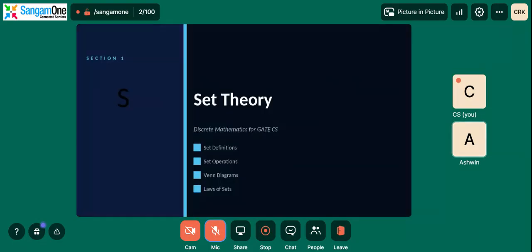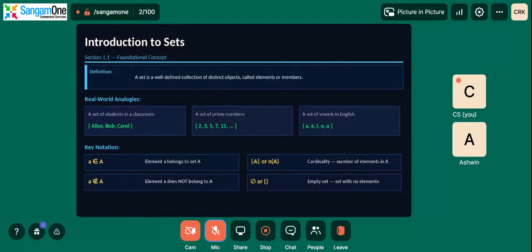So let's start with set theory. So what is a set? A set is a well-defined collection of distinct objects called elements or members. As you have learned in second year PUC, those who have taken science as their optional subject have learned in mathematics about sets. If you have forgotten it, a set is a well-defined collection of distinct objects